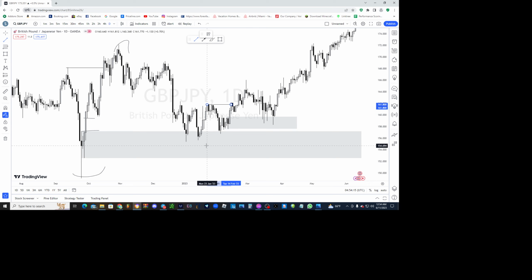Price comes back and taps into this larger zone. If you want to wait for confirmation, a break of structure to show signs of strength, you could do that. Price breaks out, pulls back, and then continues straight up. This was probably a day 3, not sure, but